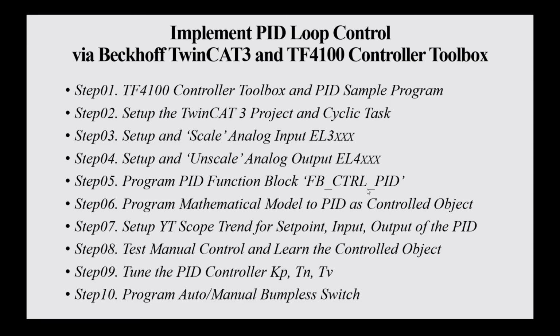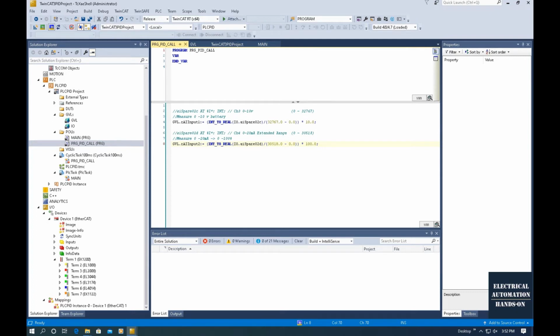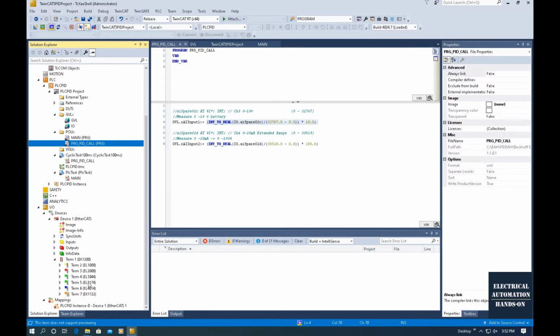Hello everyone, in this video we will discuss step 4, how to set up and unscale the analog output channel. Basically, we will use EL4000 analog output cards. In the previous video, we discussed how we can scale the analog input channels. So basically, these are the key equations to scale the analog input channel. Also, we discussed the analog input configuration, especially for this